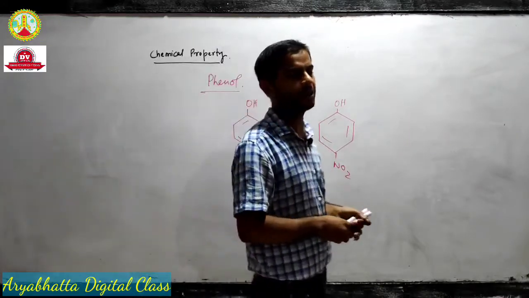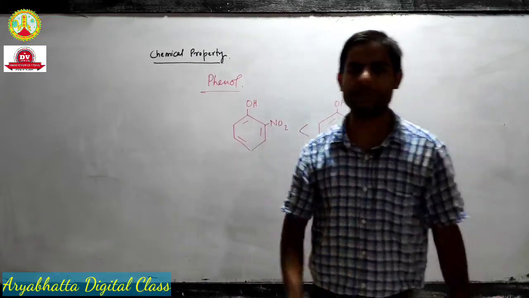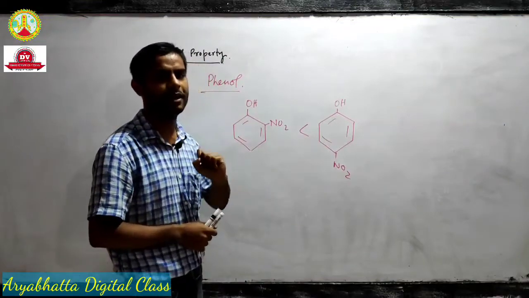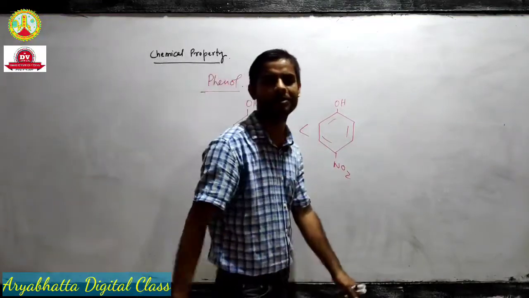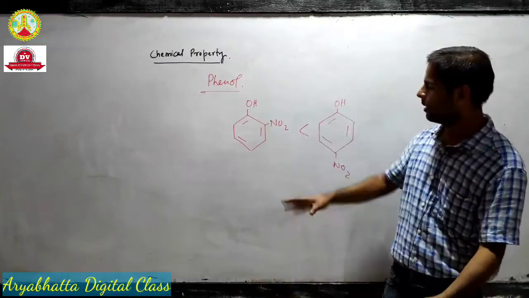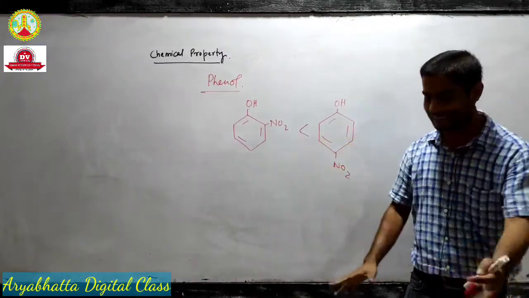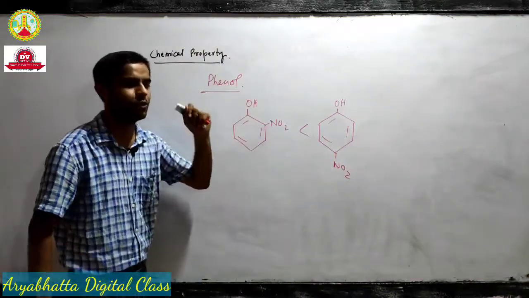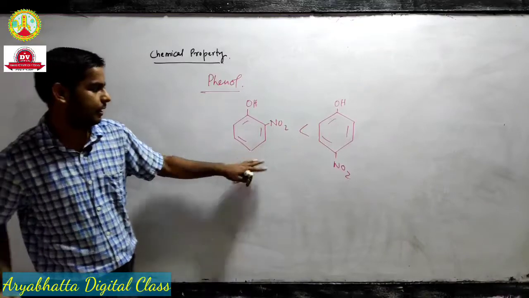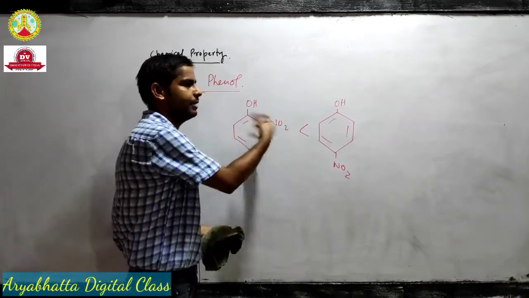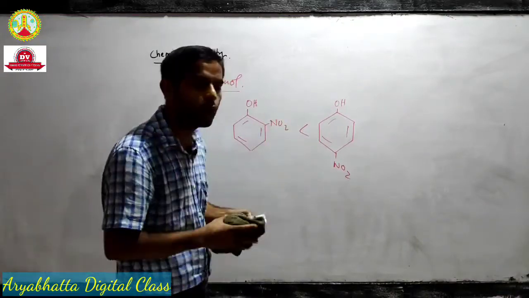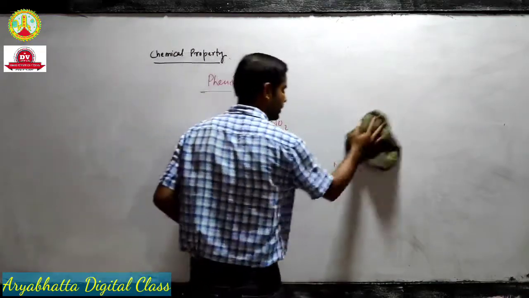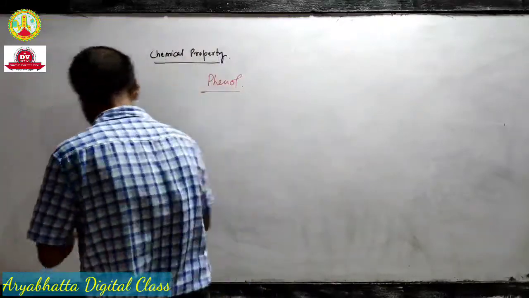नो एक्सेप्शन इज इलॉजिकल हियर, कोई भी एक्सेप्शन इलॉजिकल नहीं है, सारा एक्सेप्शंस लॉजिकल ही है. यहां यूं ही कुछ नहीं है केमिस्ट्री में, यूं ही ऑर्थो नाइट्रोफिनॉल लेस एसिडिक नहीं होता, देयर इज अ रीजन. ओके, सो लेट्स सी व्हाट इज द रीजन, व्हाई. The expectation was that this is nearer to OH, so it should have more acidity but it's less acidic, and why? So we will see that. Okay, so let's see why.